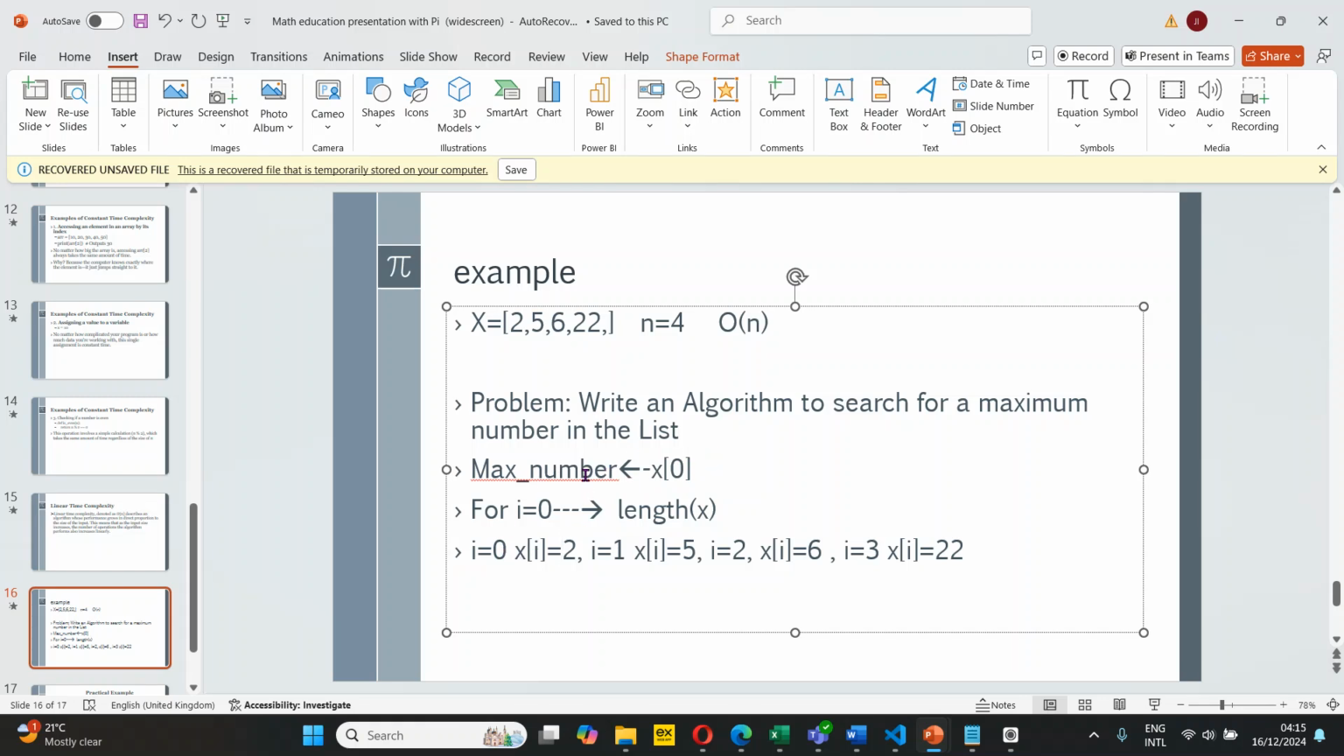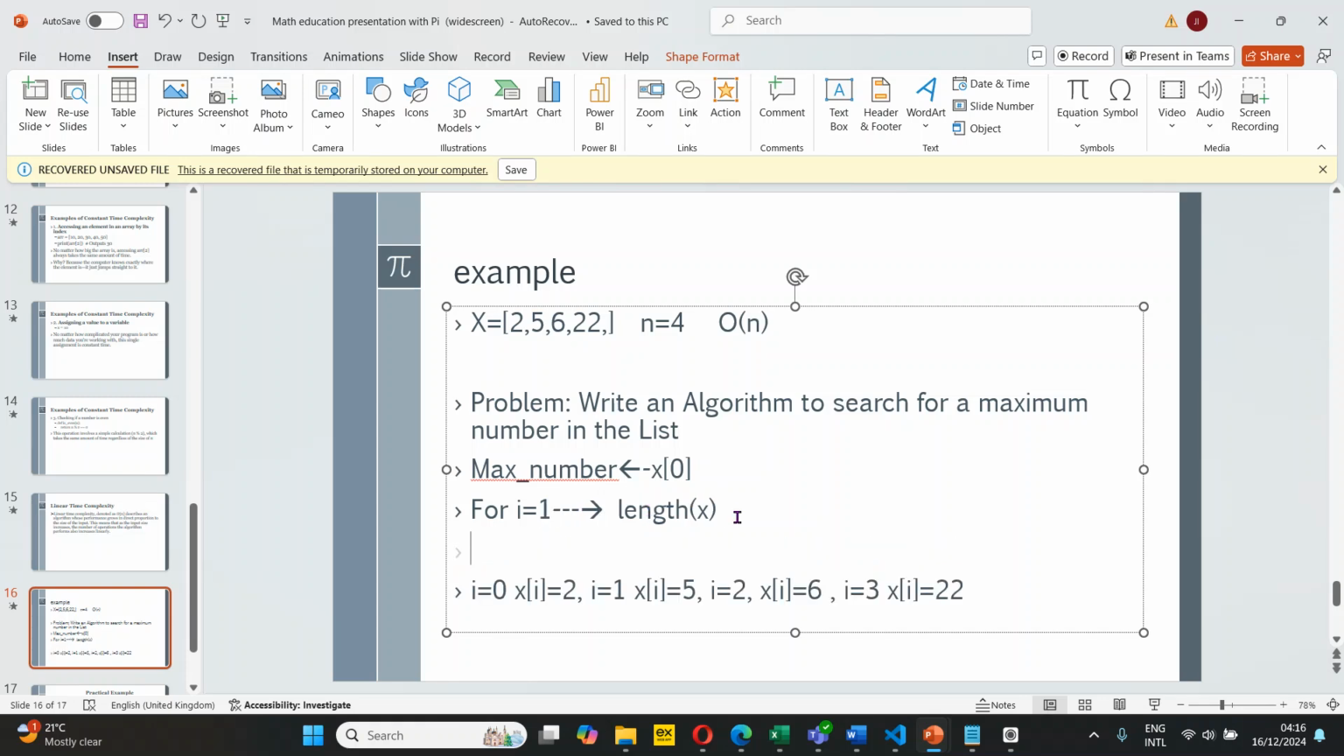But in the first instance, we've already assigned x0 to this max number, which means the max number holds 2. So the computer assumed that the max number is 2 at first instance, as first iteration. So now, coming back to for i in this, instead of starting from 0, which is already 2, we can start from 1. Now we'll use our conditional if. If x i is greater than the max number,